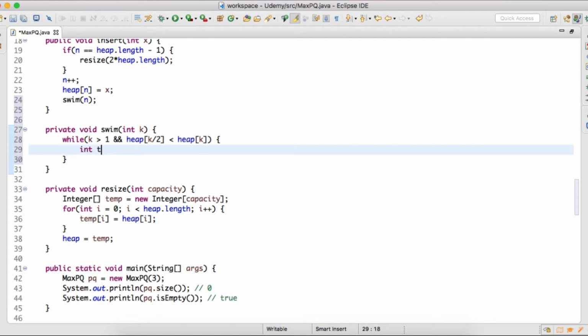Using this temporary variable, we will swap these two values.